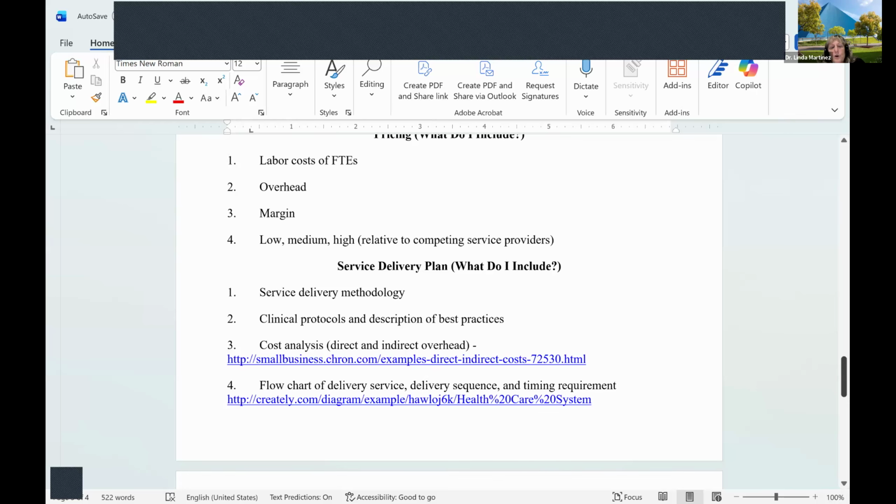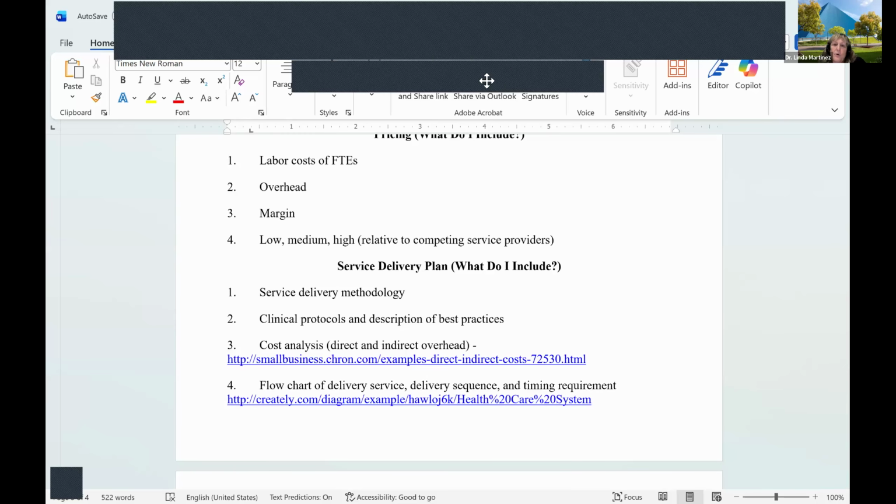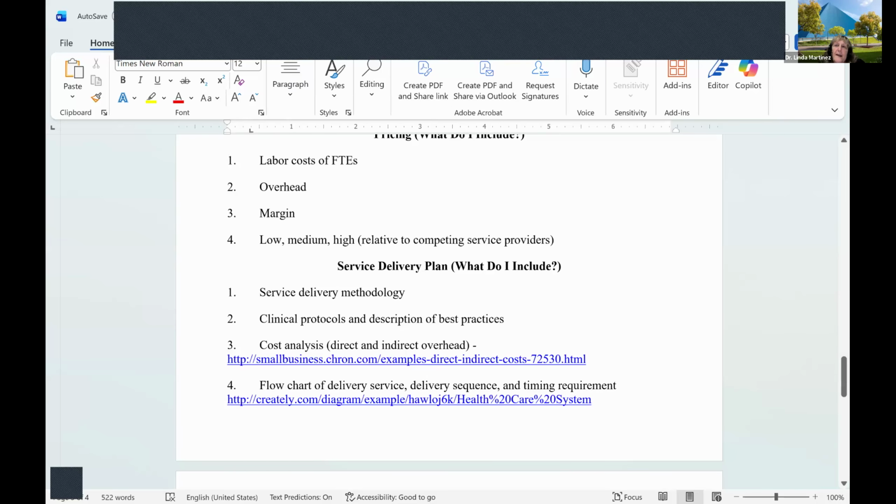Now, you're going to have to do a flow chart, and there's lots of software out there that has that, you can just fill in the flow chart. This one is pretty easy. It's going to show a flow chart of what happens when they first contact you, your customer or your client, and how they flow through your business. Let's say that you're opening up an urgent care center, and maybe the first contact is a phone call or making an appointment on the web. That would be your first contact.